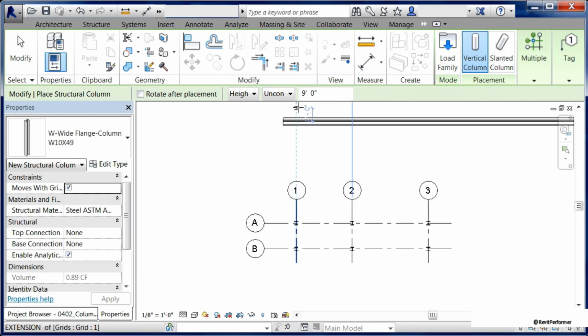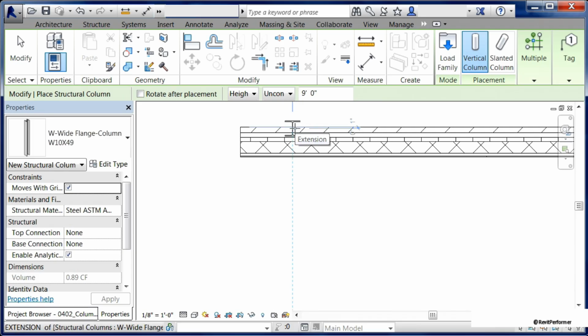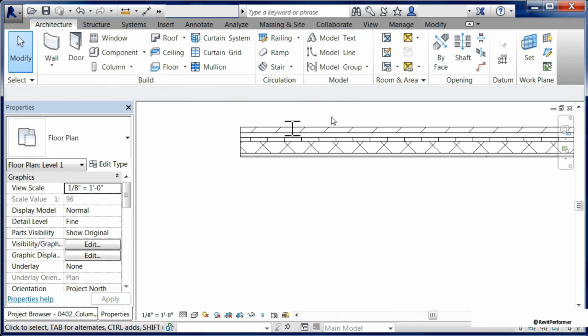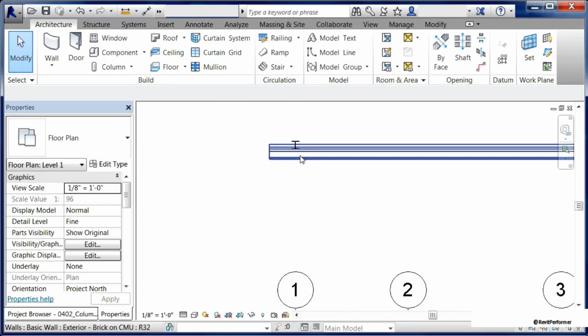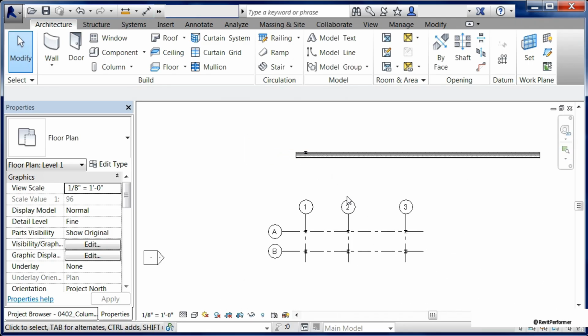If we would move a structural column though, up here and have it touch a wall, and then select any place along the wall. One of the things that you'll notice about the structural column, if you had to skip a couple of times to get out of the command after placement, is that the structural column will just sit there. It doesn't change, it doesn't have any property differences associated with it. On the other hand, this is one of the major differences with architectural columns.